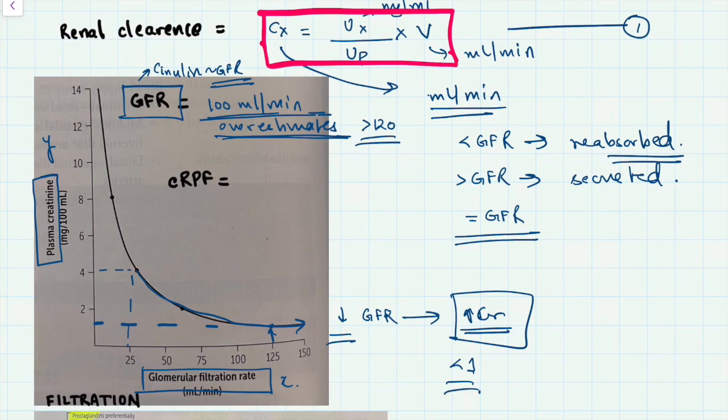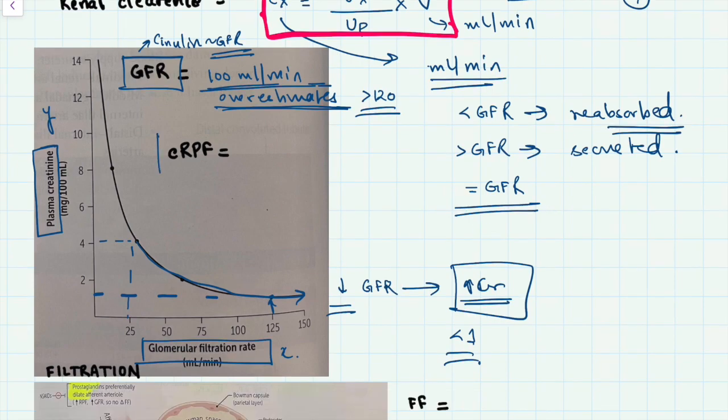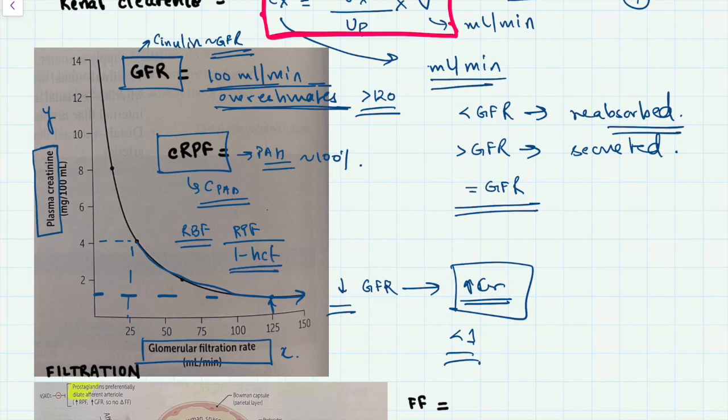So creatinine is used for the estimation of GFR. Next is effective renal plasma flow, right. It is estimated by using para-aminohippuric acid. Why? It is because it is nearly 100% excreted by the kidney. For renal plasma flow, again we use the same formula, the clearance of PAH. To calculate the renal blood flow, right, we use the formula renal plasma flow upon 1 minus hematocrit, and